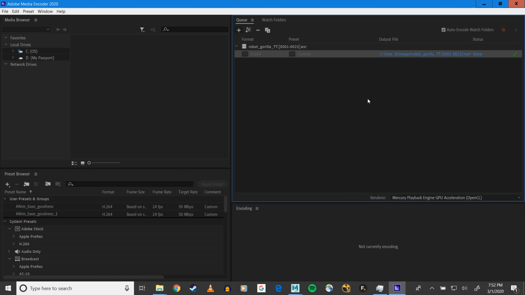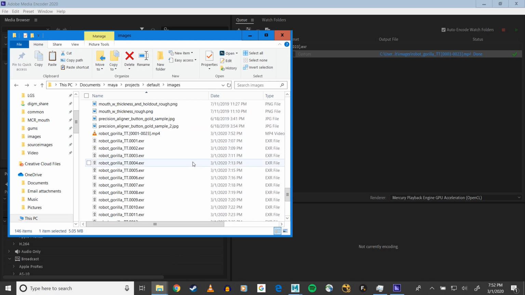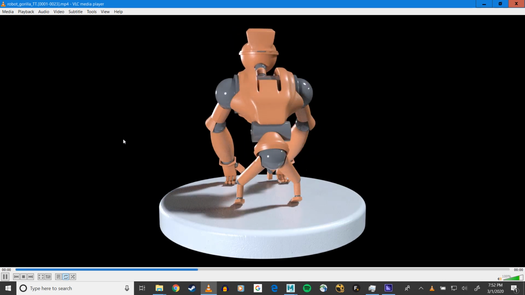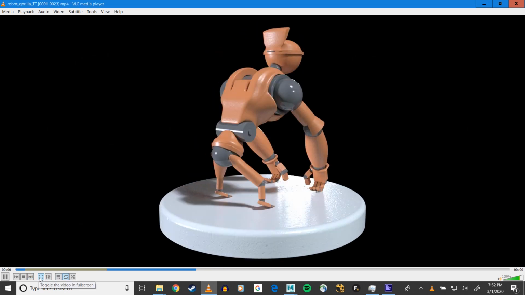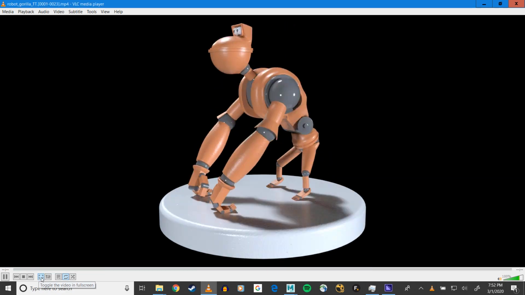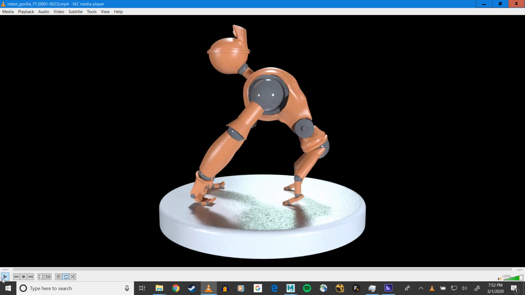And bippity boppity boo. It's only 23 frames, that went pretty quick, and I'm done. Now I can look here, and I can open this guy up, and there's my turntable. Which, as I mentioned before, you might notice a little bit of a stutter when it goes to loop the animation, and also, as I mentioned before,